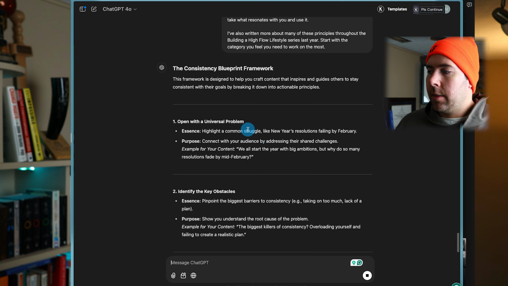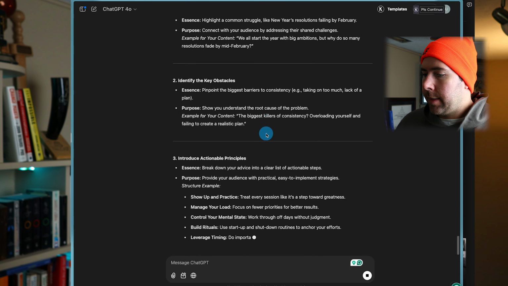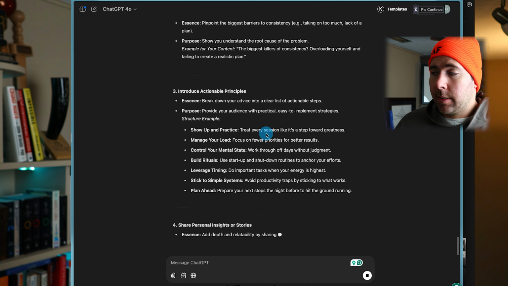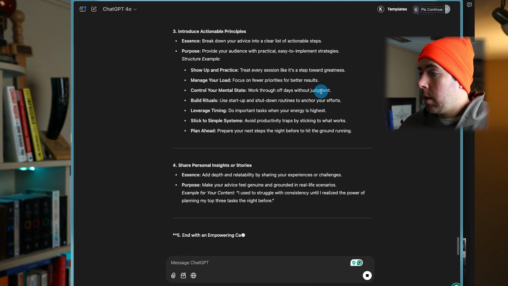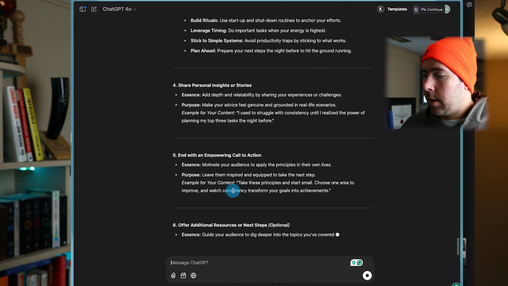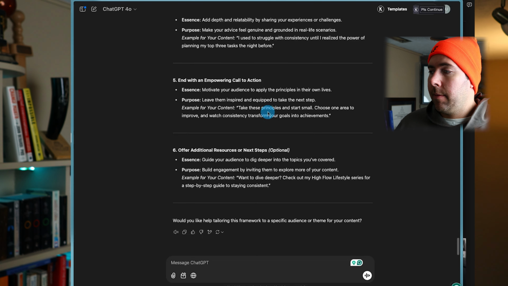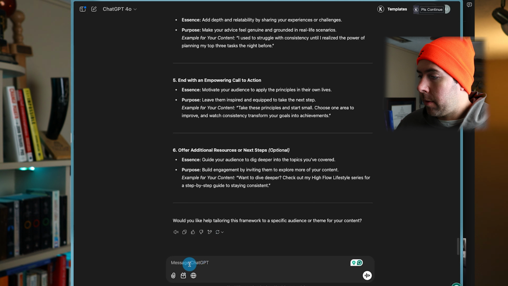So it's going to suggest what to do based off of the framework. That is usually the first thing if you ask ChatGPT to create the framework. So let's then, once it's done going through it, take this and test it out for your content very easily by just working through it.